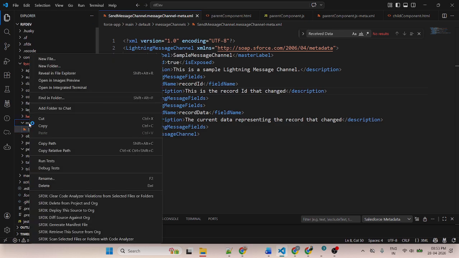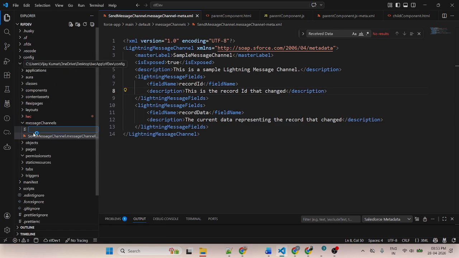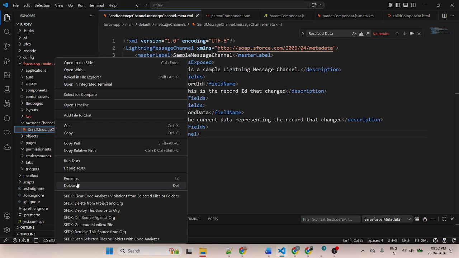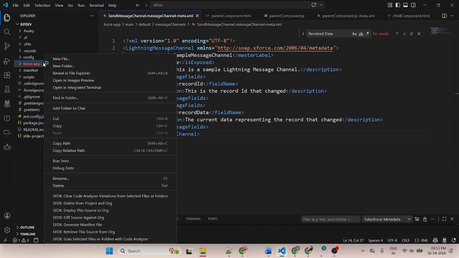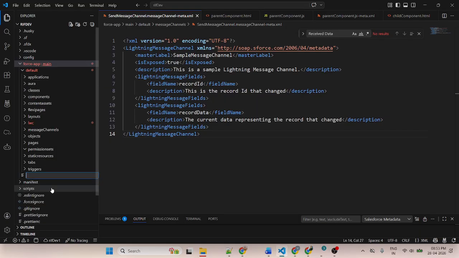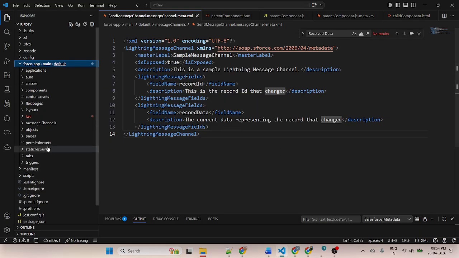Let's suppose right click, new file, and write the name of the folder. If you want to create a message channel, go to this one here, create a new file and add the name. After you add the name, this will be created automatically.